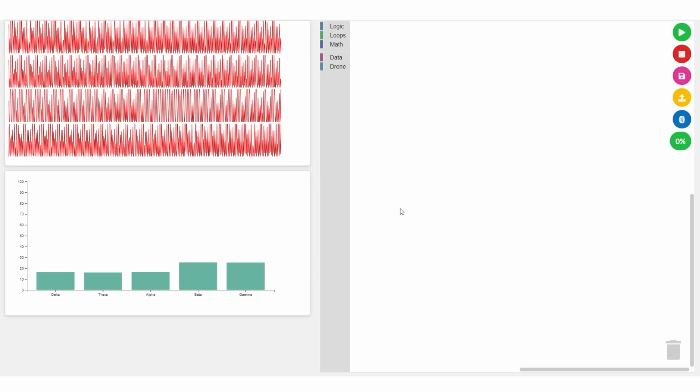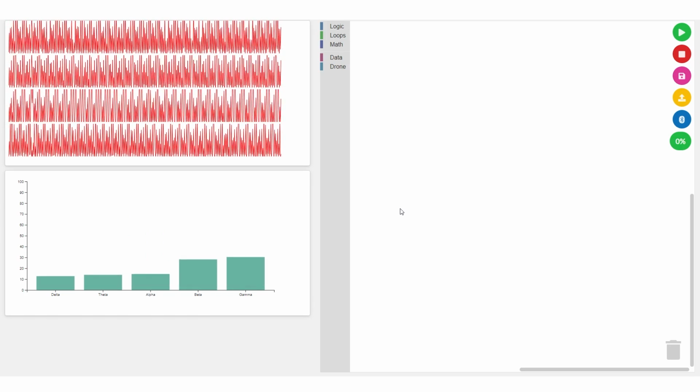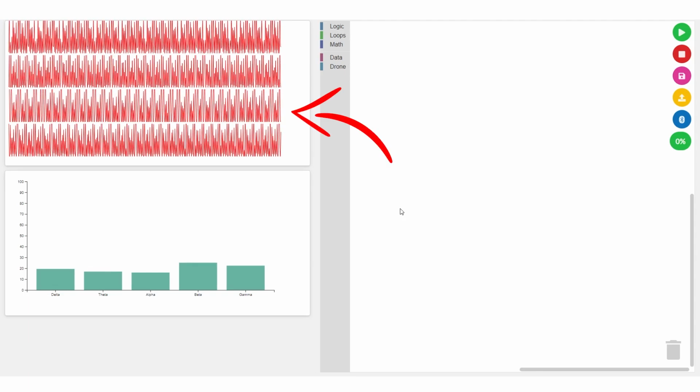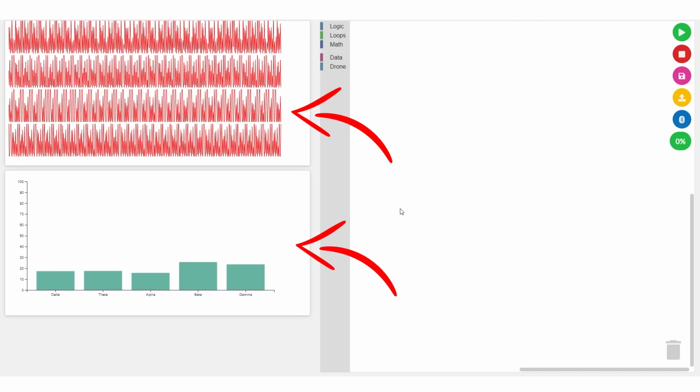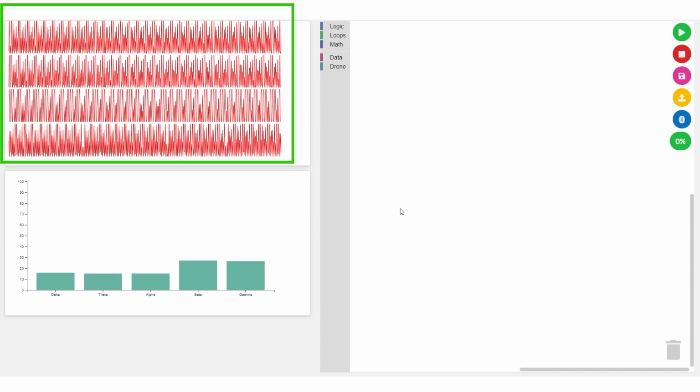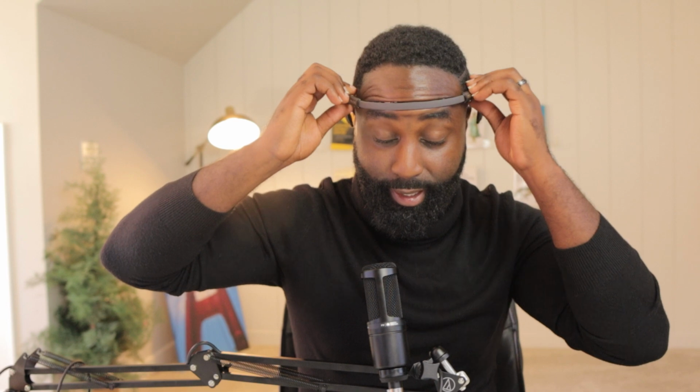Once the device is successfully connected to Neuroblock, you should see data over here in the top left pane. You should also see a bar graph over here in the bottom pane. If it looks like this is picking up noise, in order to get it to pick up brain data, let's actually mount it. You want to make sure you're getting good contact behind the ears and also in the